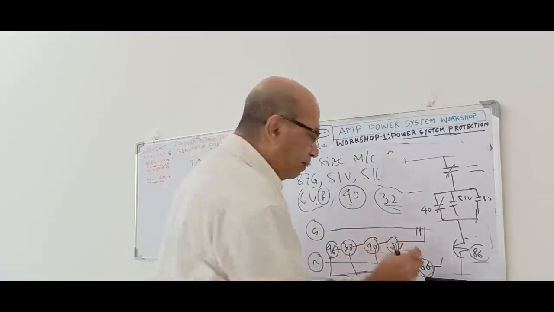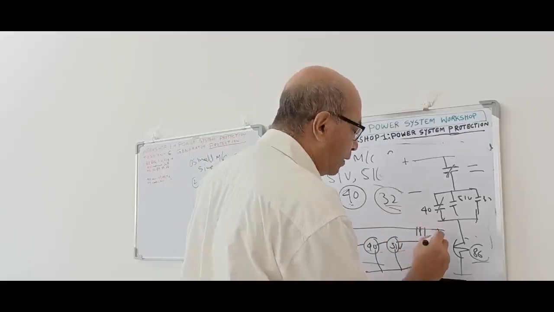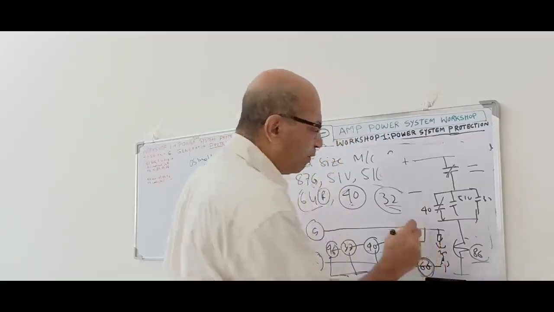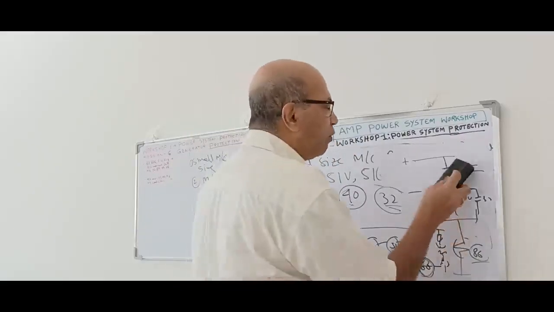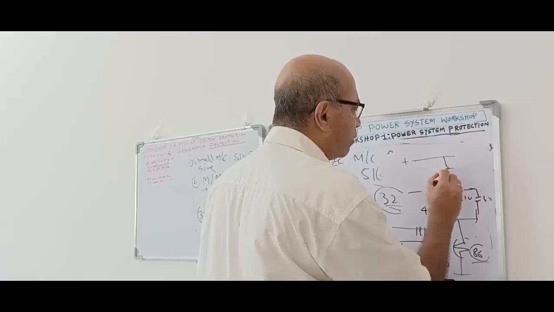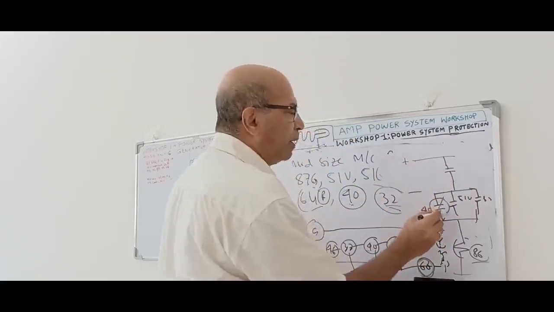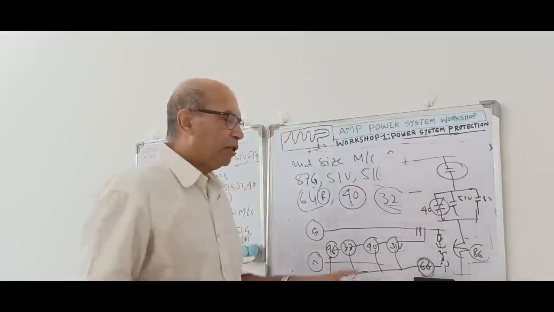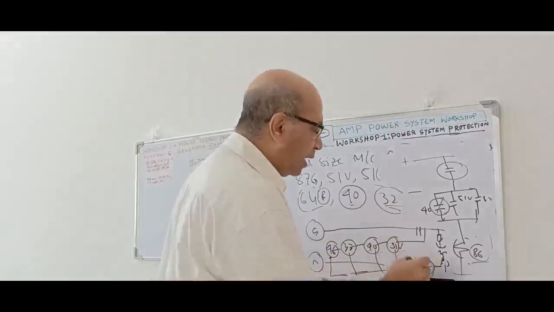But if this relay drops, or if the PT supply fails, the PT which is connected over here, there is a fuse over here, right? Or there is an MCB. Either the MCB or the fuse, if anything is blown, immediately this 60 relay will drop and this contact will become NO. Because relay drop means the relay is not energized, and the contact comes back to its normal condition, which is NO. At that time, even if this relay picked up, it will not get any power because this is open.